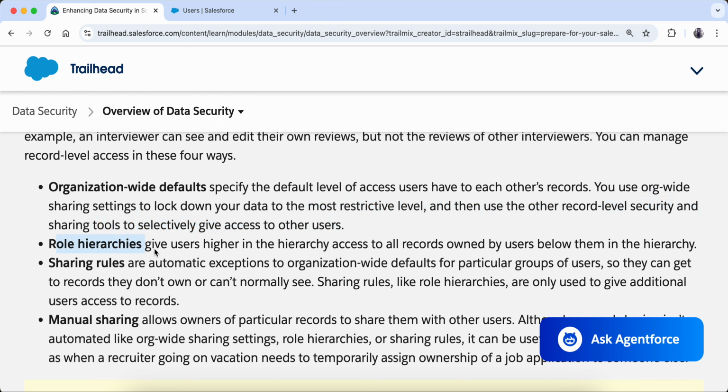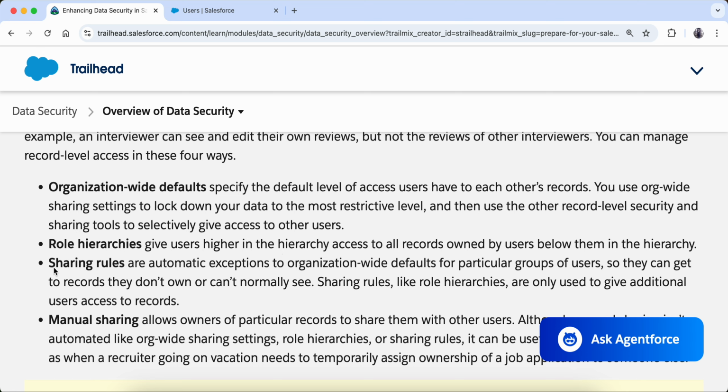Now we come to role hierarchies. Role hierarchy is like the role of a CEO. For example, there is a CEO of the company, and that CEO should have access to all the records, right? Under that CEO is the senior director, then manager. Under managers there are a lot of employees. So the manager should have access to all the employees' data, but not to the data of the director and senior director, right? Similarly, the senior director can have access to data of the director, manager and employees, but not to the data of the CEO. So this is how the role hierarchy comes into place.